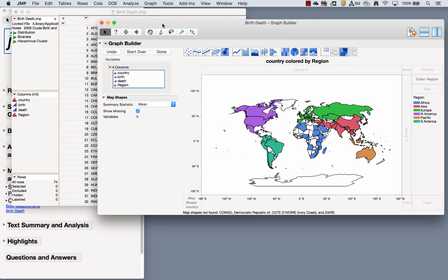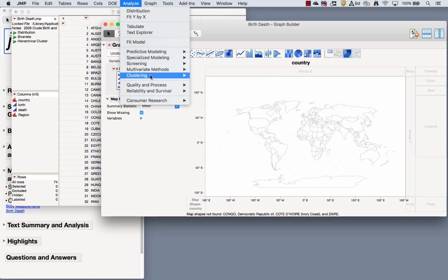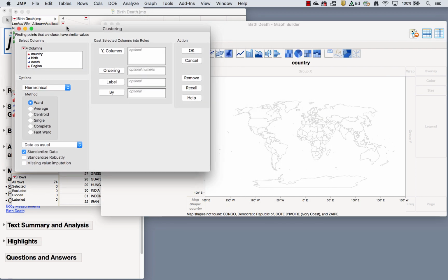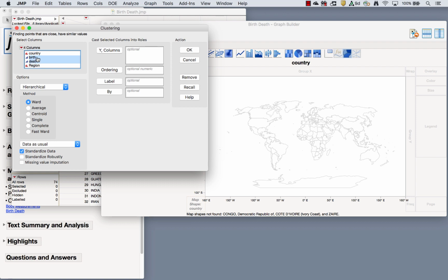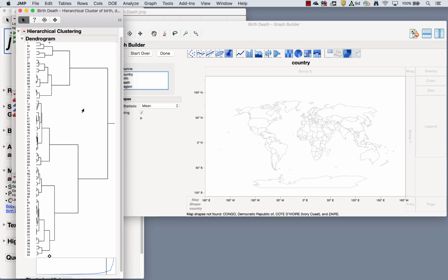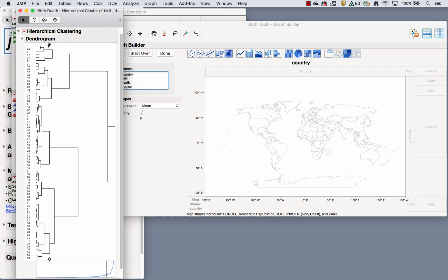If I decide to cluster these data, so let's pull color back off, I'll go to Analyze and Clustering, and I'll choose a hierarchical cluster because I don't have a ton of data, so this is going to work well. And I'm going to cluster these on the birth and death rate. So I'm going to pull birth and death rates into Y, say OK. And so I see this dendrogram grouping the different countries that are similar to each other on birth and death rates together. I see this little diamond that's indicating there are 9 clusters selected right now by default based on